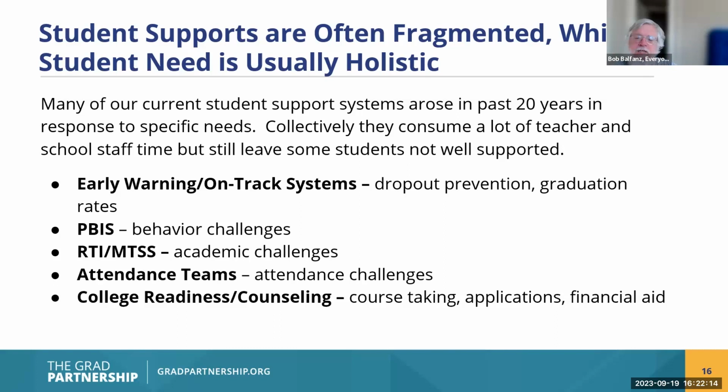In 2015, when chronic absenteeism became the fifth indicator in state accountability systems in 30-some states, suddenly we have attendance teams to address that. And along the way, we picked up college readiness teams. And what they said to us is that's a lot of meetings, a lot of different facilitators, a lot of time. And each one of those is only addressing a piece of the story, where kids are holistic. Very few kids have just one of those buckets with everything else not connected.